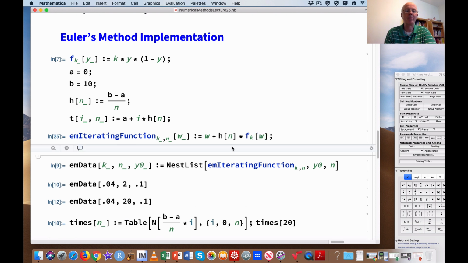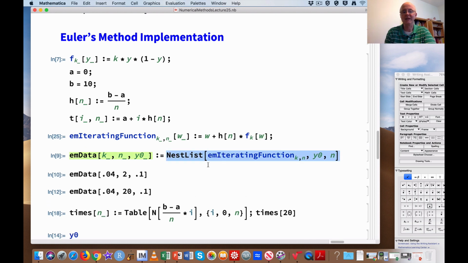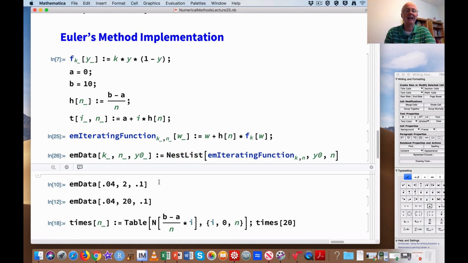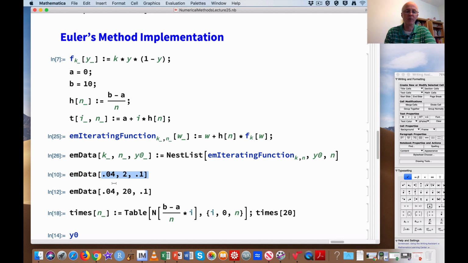I can enter that. And here is where I actually use NestList. NestList iterates functions, it applies them over and over again. So I want to apply this function over and over again. Enter this. And now, for example, I can plug in k equals 0.04, n equals 2, and the initial condition